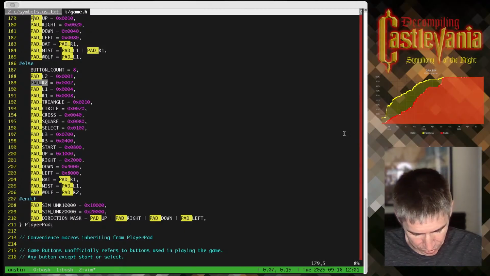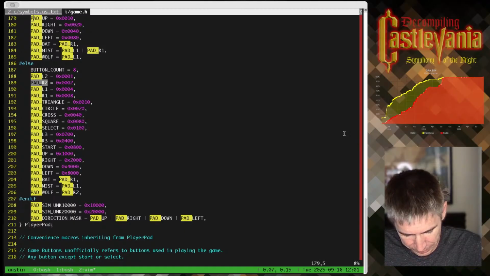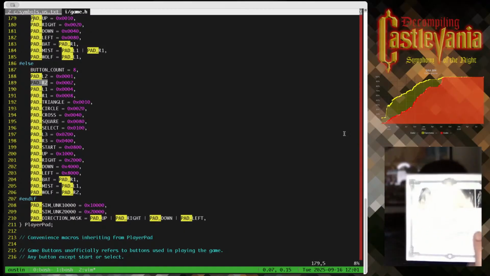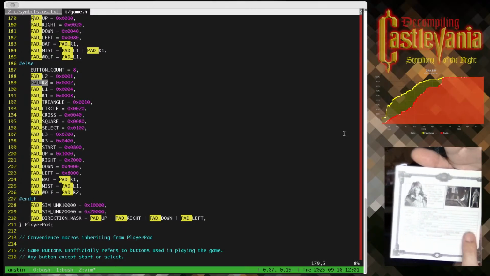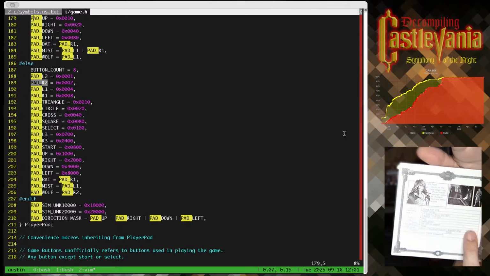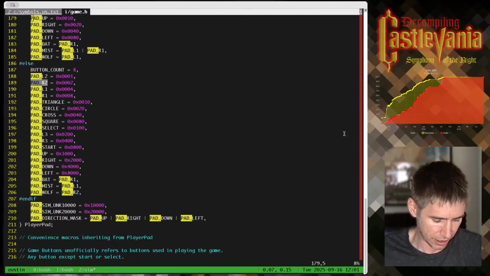Oh, Richter controls are in here. Yeah, there's no documented R1, R2, or L1.